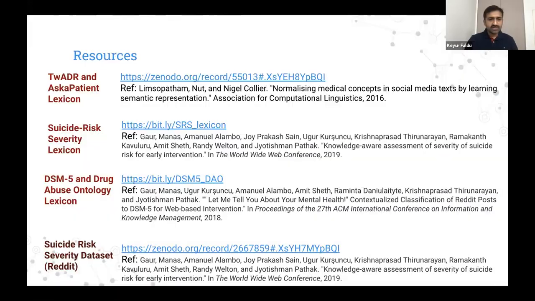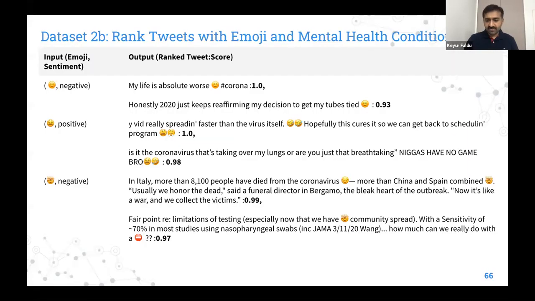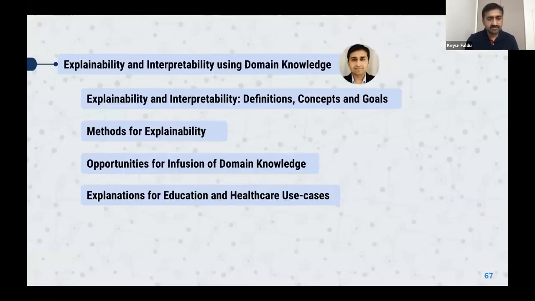So these are a bunch of good resources, by the way. You guys can refer to the deck afterwards as well. But in the interest of time, let's move to the next topic, which is explainability and interpretability using